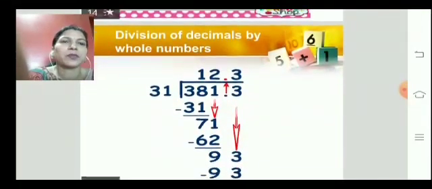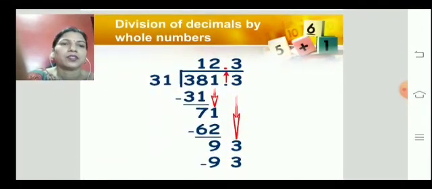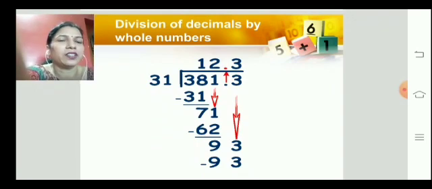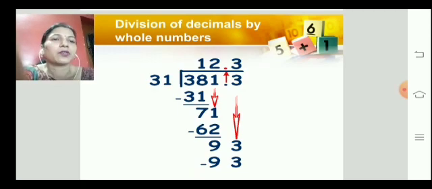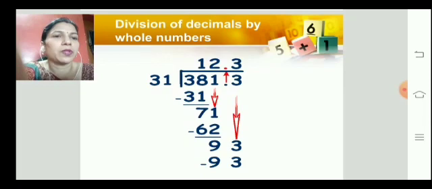Division of decimal numbers. Over here, where the decimal is only in the dividend and the divisor does not have a decimal place, we just put the decimal point straight up. You can see the arrow mark where the decimal point is given. It is only going up and it is a simple division. No other changes to be done.